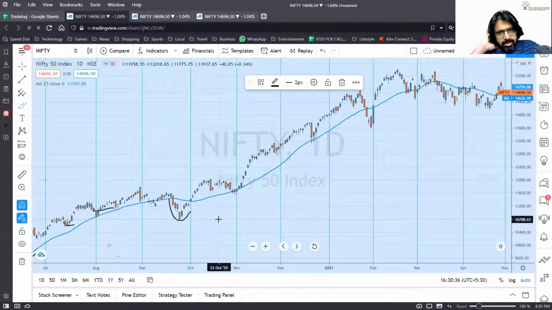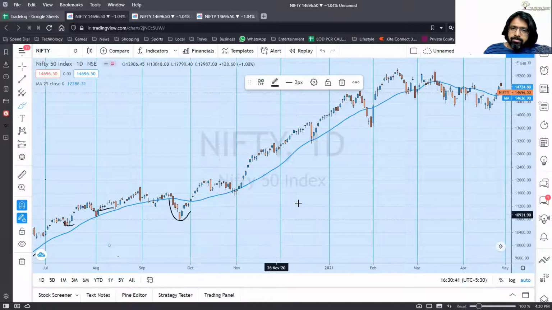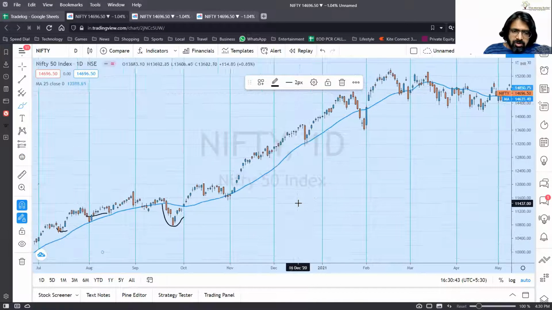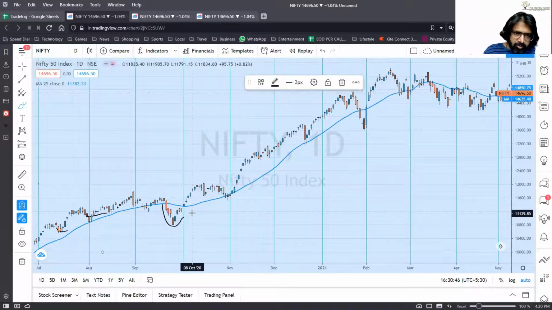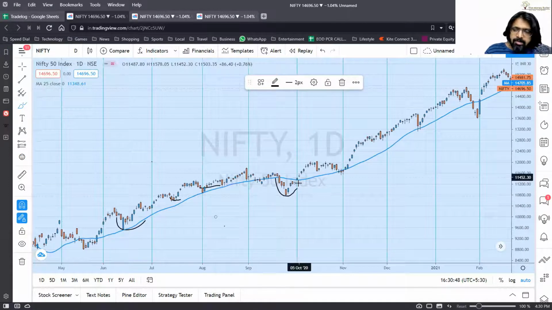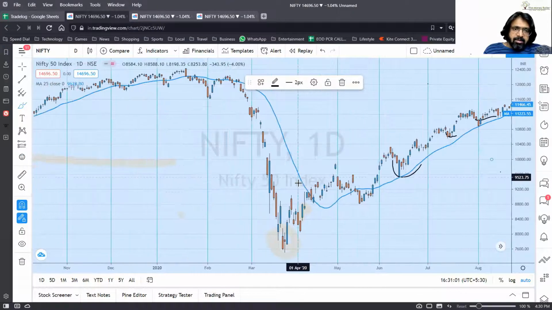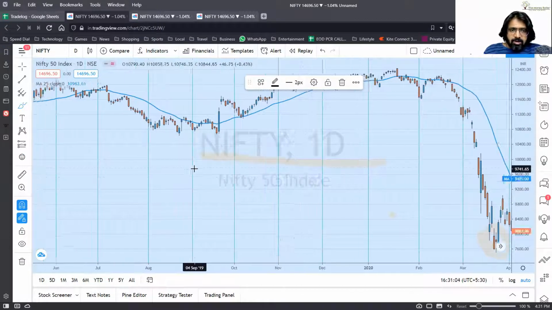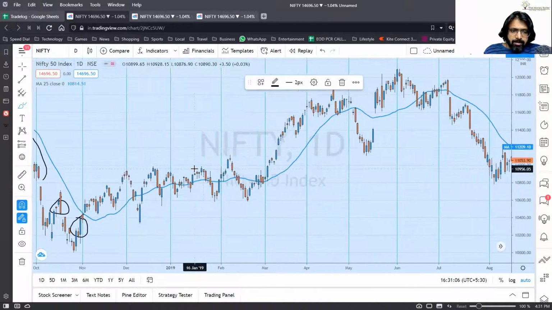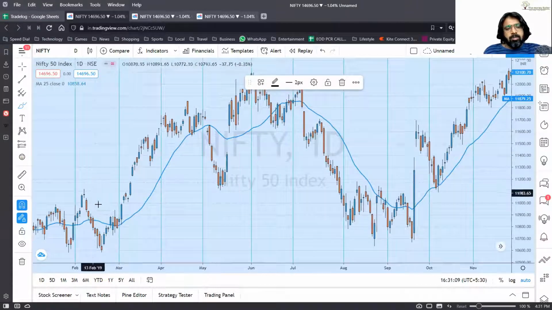So for different times in the market, you might have to adjust your moving average a little bit here and there. I just showed you how you should try and adjust it to points where the price takes support from the average and it does not let you get trapped. Now, the most simple basic technique that people use for trading with a moving average is that if the price crosses above the moving average, you buy, and if the price crosses below the moving average, you sell.